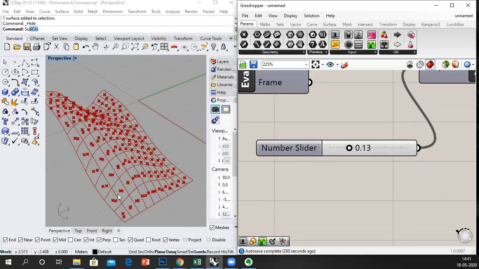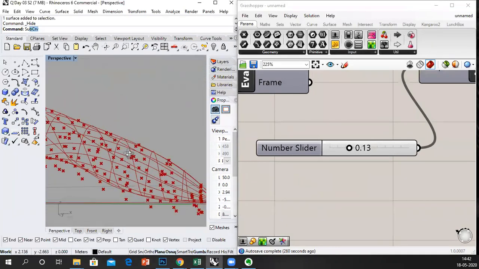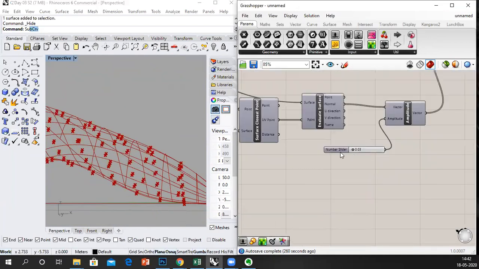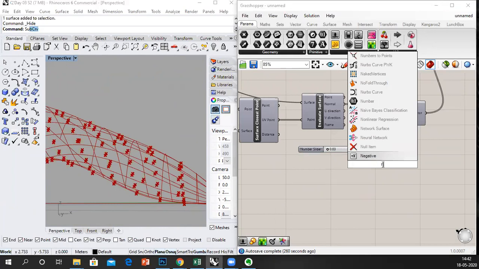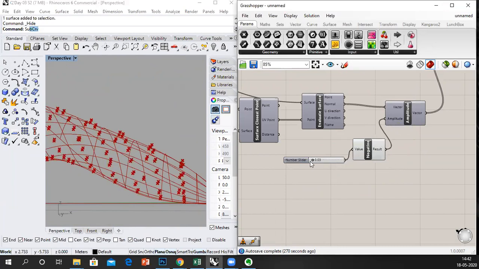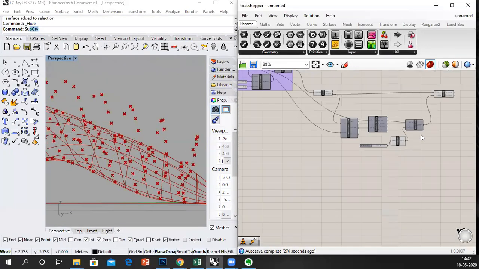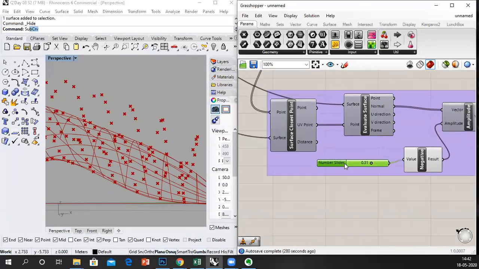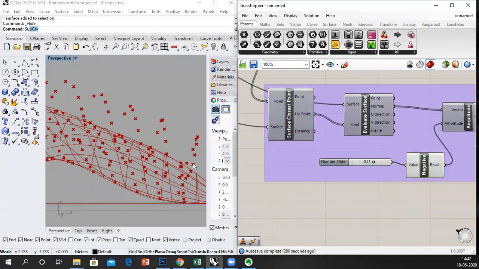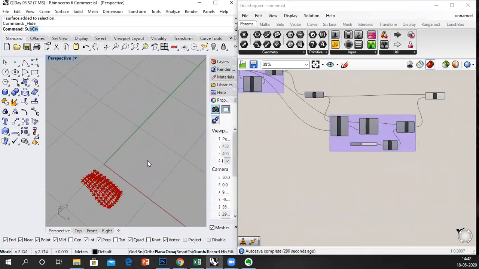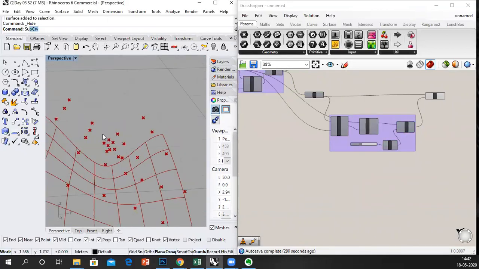So if I move, it moves down. So the points go down. So instead, to go up, we need to give a negative. Okay, so I connect the value, and I'm gonna put this resultant on top. So there you go. Now the points are on top, and I can hide all of this. So we've got all these points,